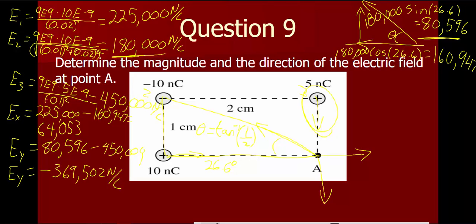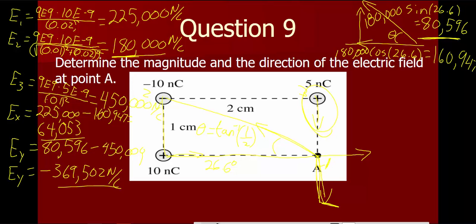We do a squared plus b squared equals c squared with these two components to define our magnitude, and then take the inverse tangent of opposite over adjacent. In this case, we're going to end up mostly down here, but also positive, a little this way, so if you're looking for this angle,